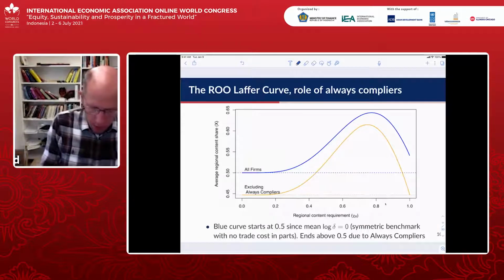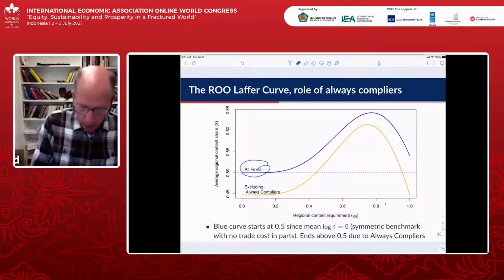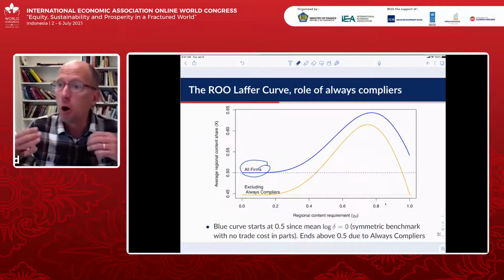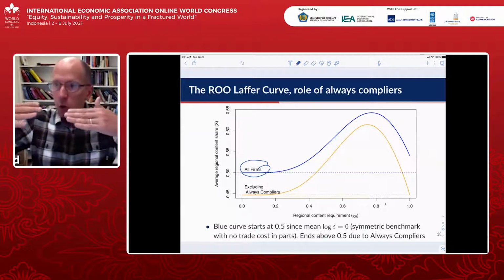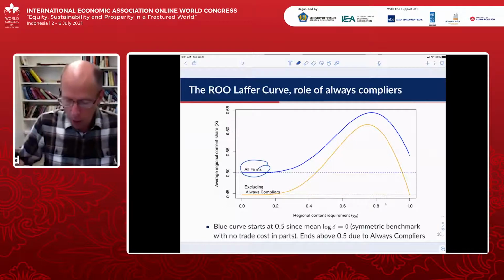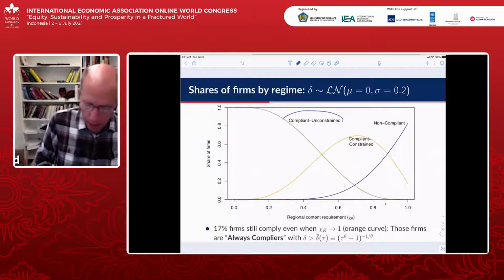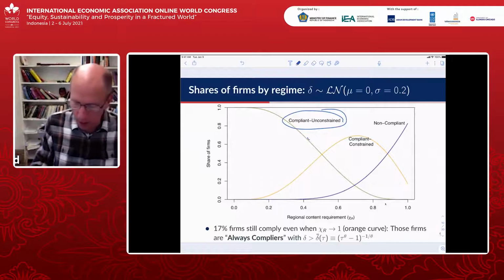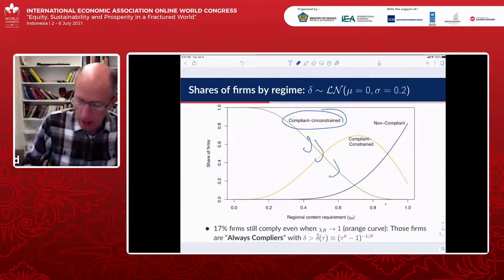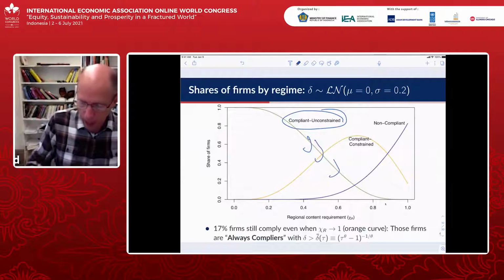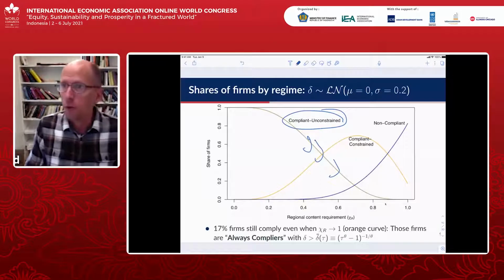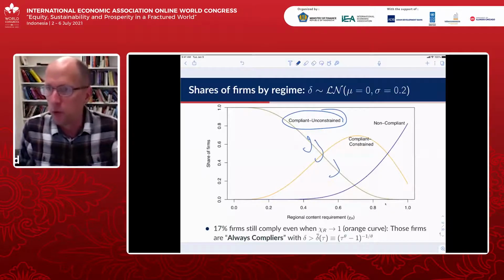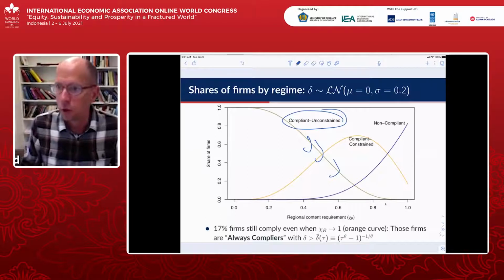So here, let's consider the case with all firms. At first, as we're getting more and more people that start complying in a constrained way, we're getting an increase in the amount of content done within the region. But eventually, we start to get more and more non-compliers. The share of people that are compliant, unconstrained, is falling monotonically, and the share of people that are non-compliant is rising monotonically. And so eventually you'll get to this peak and start to decline. Now, why don't you get back to the initial 50-50? We drew it 50-50 just because we set up the problem that way, that neither side was intrinsically more costly than the other.